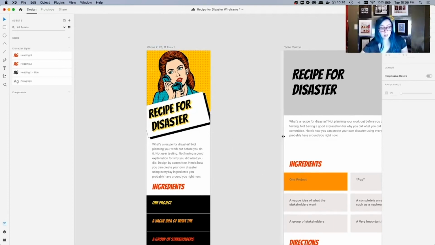So I'm going to leave it there for now with this mockup. I don't want to take up too much of your time, but that should give you the basic idea of how to get started inside Adobe XD and how to get working with your mockup. Now keep in mind that you are going to have to apply your changes to the tablet and the desktop sizes. If that seems like a lot of work, it's because it is.